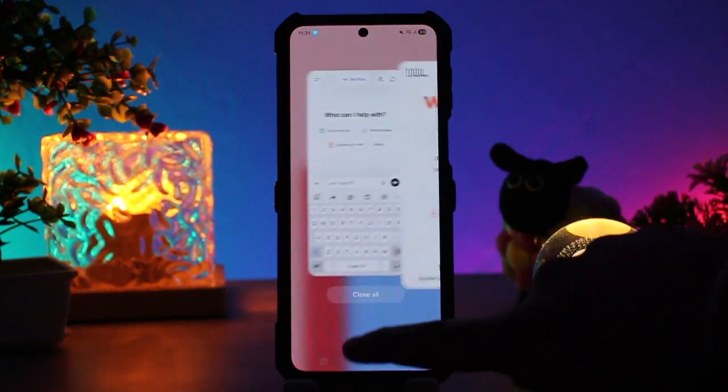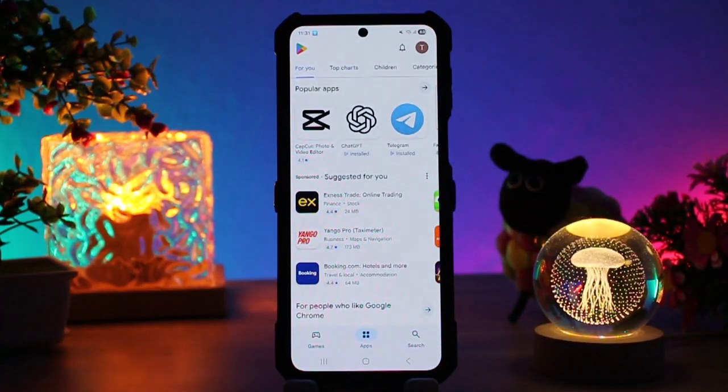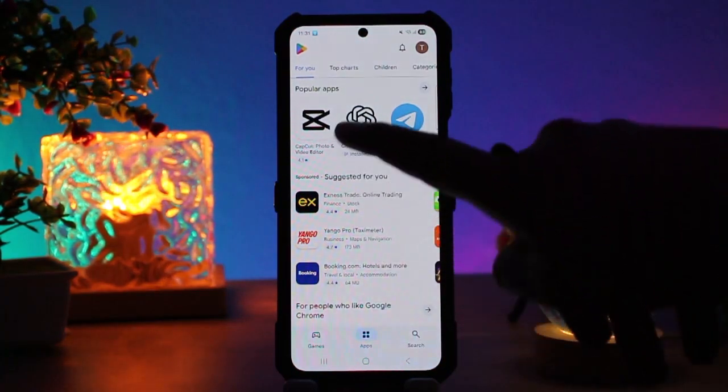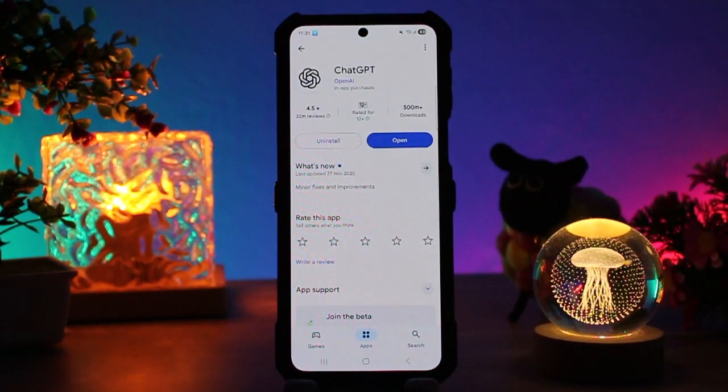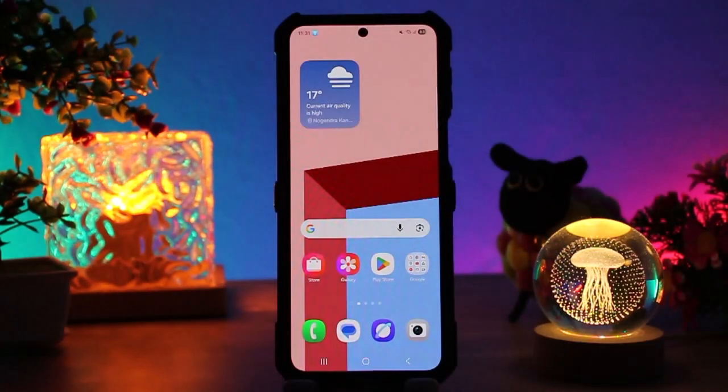If you are not using it and it is not helping you, then you just need to go to the App Store or Play Store on your device, and from there search for the ChatGPT app. Click on the ChatGPT app and see if there is any update available. If there is any update available, click on the update option and update the app, and by doing all of it, it helps you to fix the problem of unable to upload the